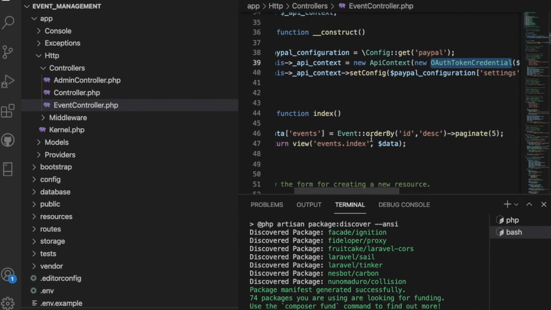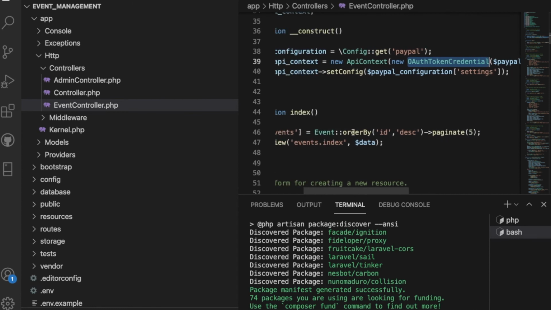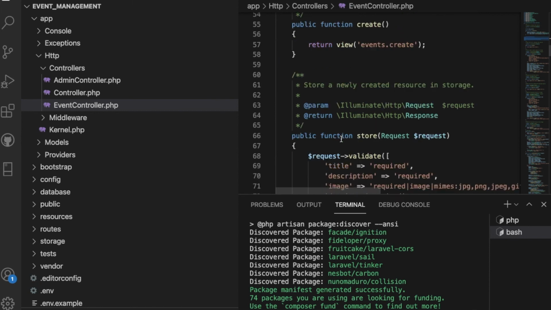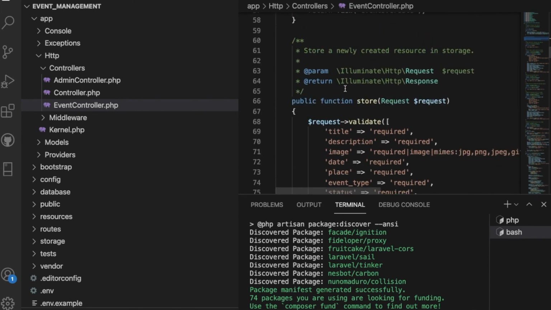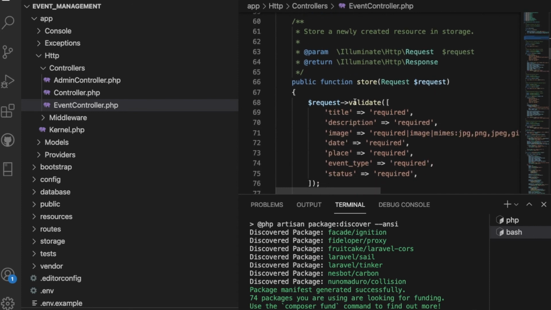Now what we're doing here: if there is pagination, in descending order we are fetching inside of our admin panel. I'm showing where, in this index method, we are fetching all the data. And here we have the create function and the store function. This create function is directly for showing the files, I mean where we are redirecting the URLs. Then we have the store method.